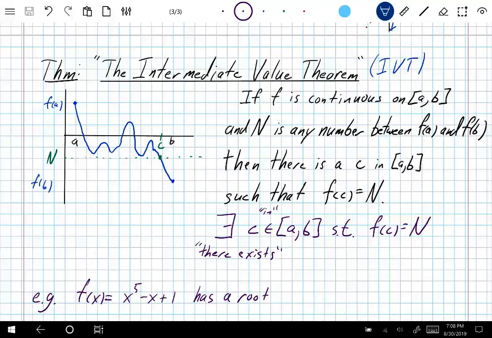Second, I'll give you two reasons why this theorem is important. One, it's sort of telling you something that is commonsensical. In real life, many of the things we care about obey this rule. If you remember the example from the very beginning of class, if I'm walking along a line, I can't get from the beginning to the end without hitting every single point in the middle. And so what that's telling you is that continuous functions are the ones that have to obey this, and most things in real life